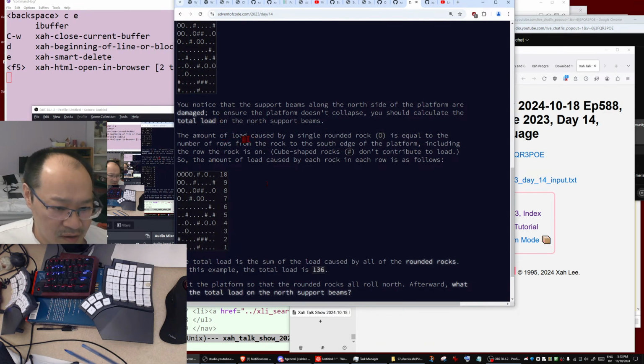The amount of load caused by a single round rock is equal to the number of rows from the rock to the south edge of the platform. So you count the number of zeros in the columns below, something like that. So let's see. 1, 2, 3, 4, 5 zeros. But you got 10. That means